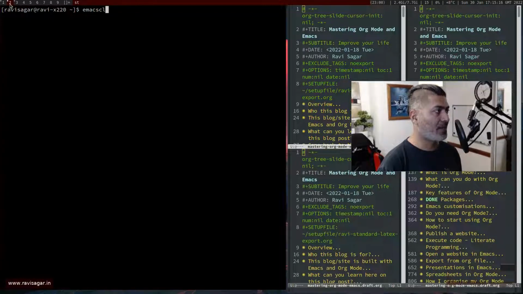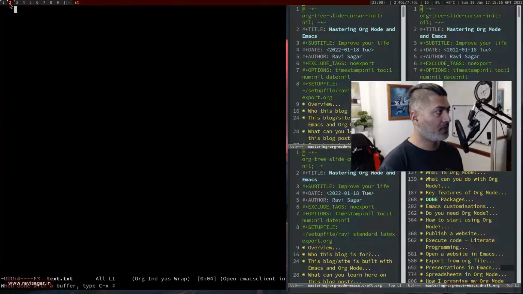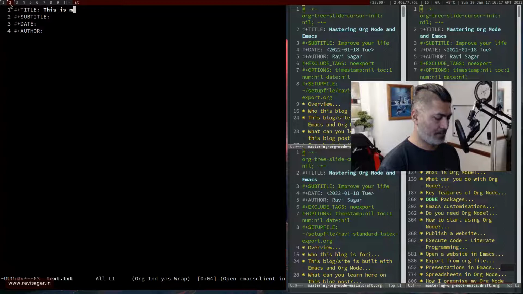So if I type in here Emacs client, and if I maybe want to create a file called test.txt, let us do it in the temp directory. So this is of course my Emacs. I can do whatever I want. I can maybe insert, this is my title. This looks good. There is nothing wrong with this. I can also insert my